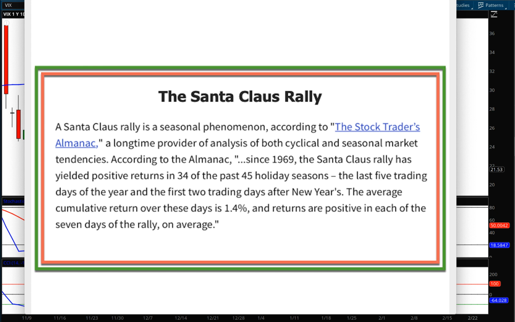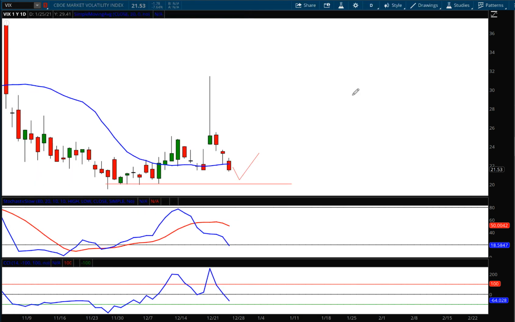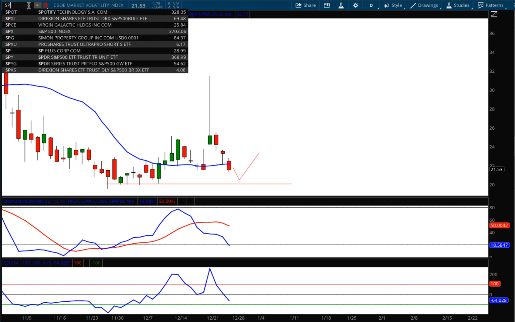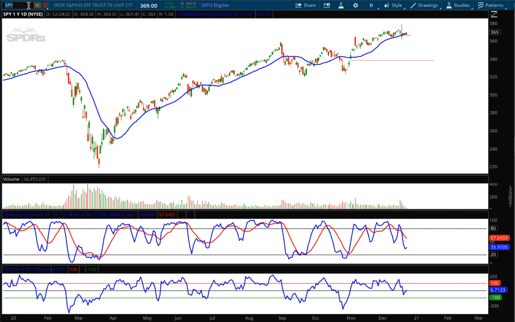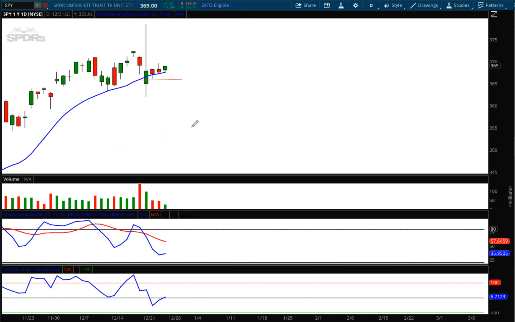But keep in mind, we need to keep an eye on these charts. If the volatility index starts to rally, that could mean we'll start to see lower prices in the market, particularly in the SPY. The volatility index, for the most part, is inversely related to the S&P. And you can see that last week I really didn't draw any forecast lines. I just drew a straight line support level and said keep an eye on that, because if we start breaking out below these lows here, which is also coinciding with this 20-period moving average, we could see lower prices.